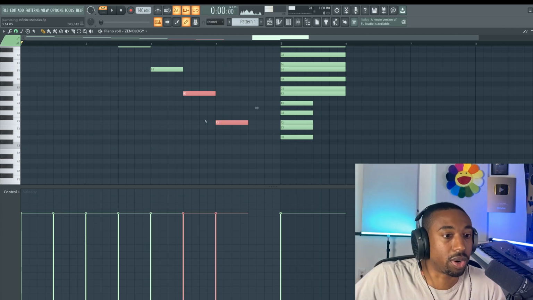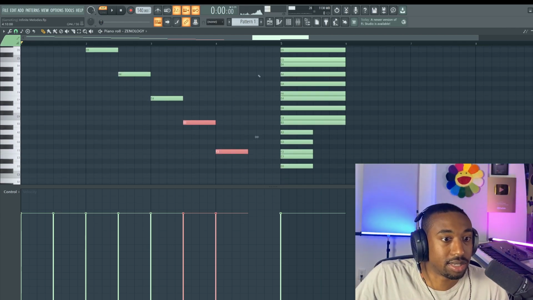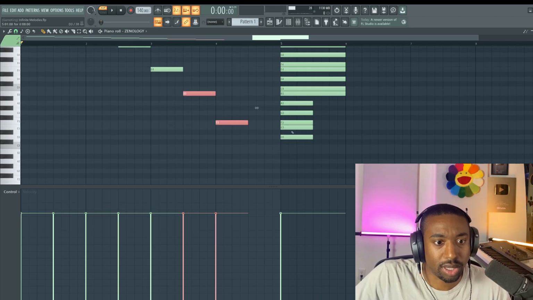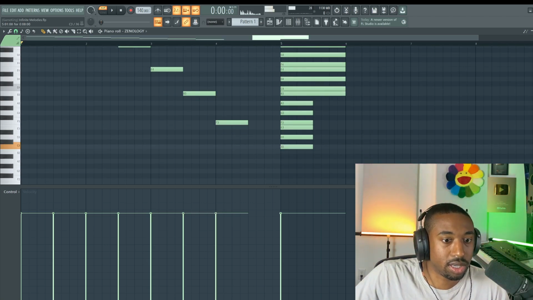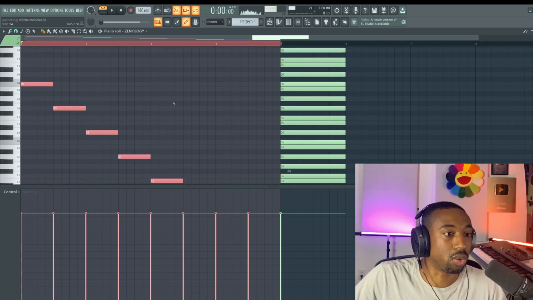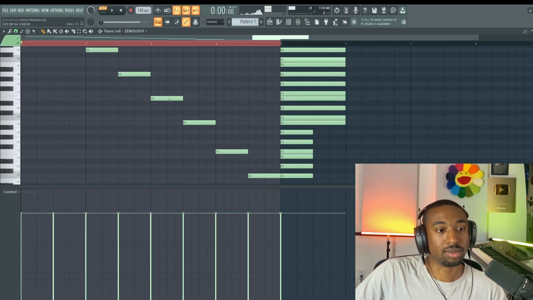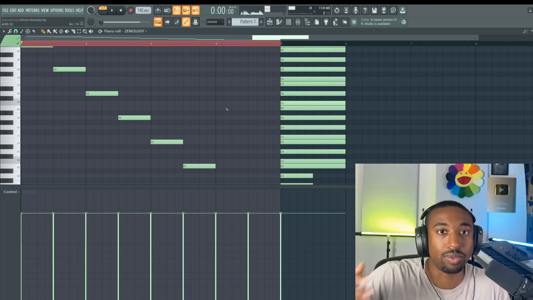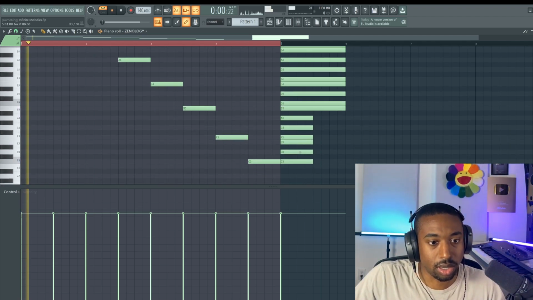Okay, so this is where we're creating tension in this formula, for example. Now let's go down 3 more scale degrees. So we have F, E, D, and then we go back to C, which is a perfect fifth, and then we go back to what's called the tonic or the root note. So in theory, this looks more basic, but once I reformat this to have chords, it'll sound different.